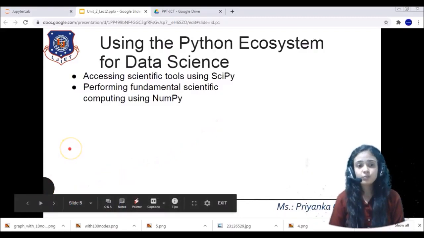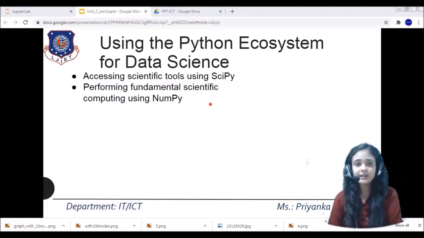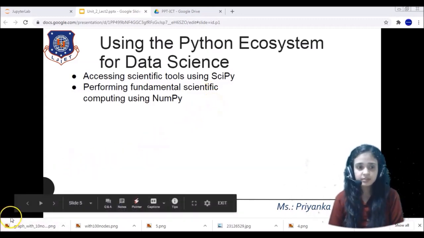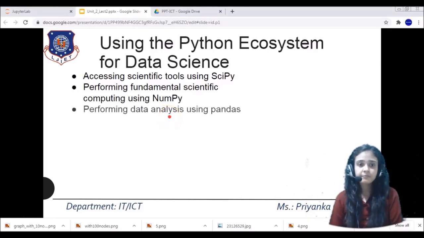NumPy is also a library in data science. It provides means for performing n-dimensional array manipulation, which is very critical work for data science. It also supports linear algebra, Fourier transform and random number generation.